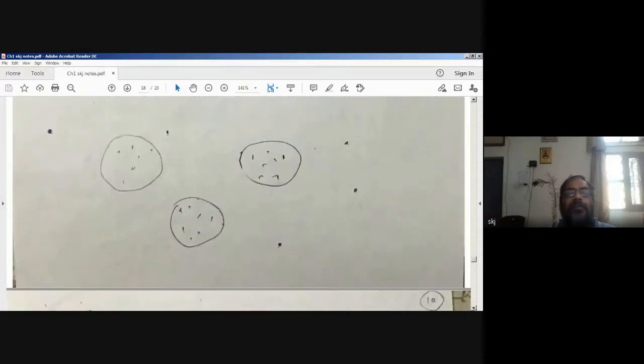It is shown in this diagram. Suppose this is the group of tomatoes, this is the potato, this is the chilies. They are similar to each other. They are similar to each other here also, but this object is dissimilar from this group, and this object is dissimilar from this group. And there are a few other objects, like a pumpkin, a bottle gourd, or something else. They are generally purchased as a single unit. So these are not able to make their own group, and here we say outlier.